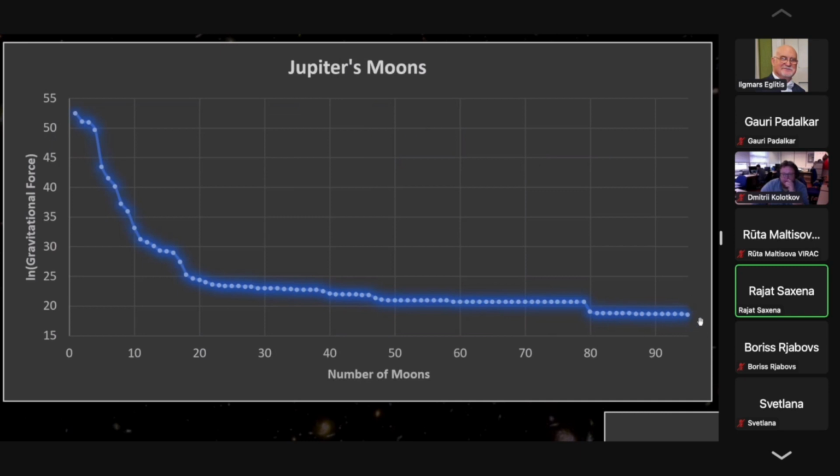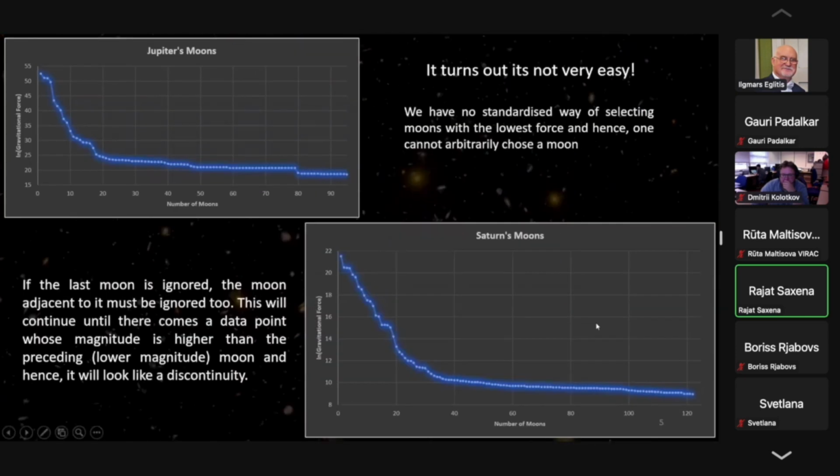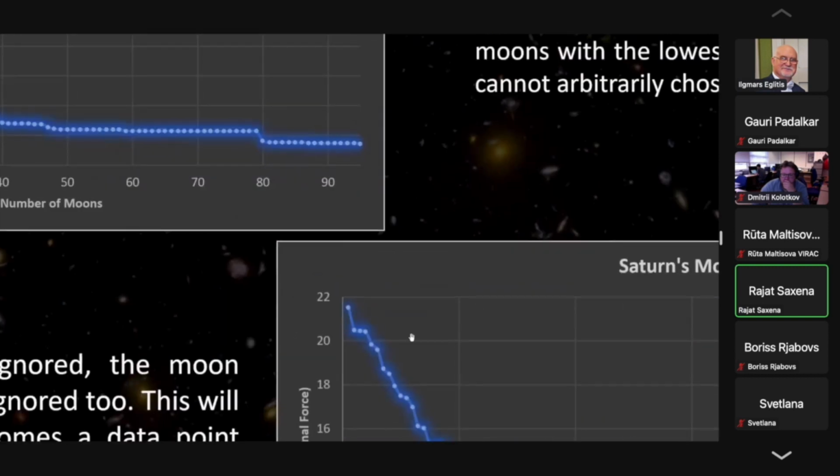So if I go on to select that this moon has the least magnitude of force, I would have to also ignore all the neighboring moons as well, because all of them have the same magnitude of force, right? So we cannot arbitrarily select a moon and say that it's the moon with the lowest force. We need a standardized way of selecting these moons. So to have the standardized way, one thing that we can use to our advantage